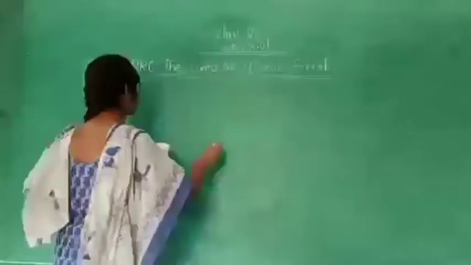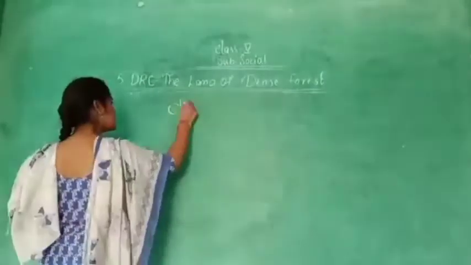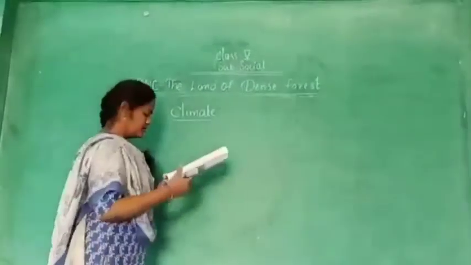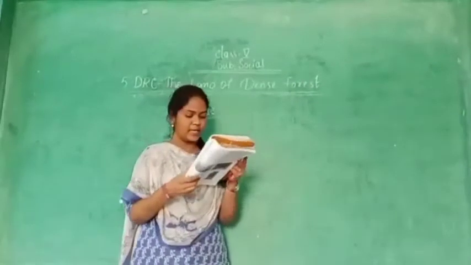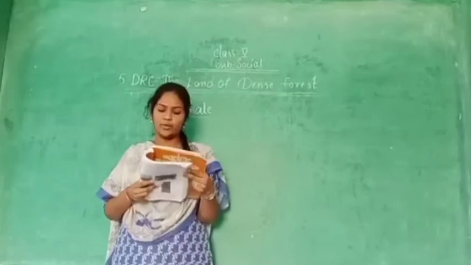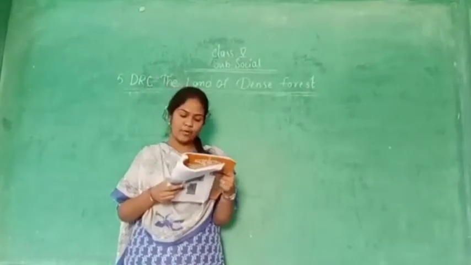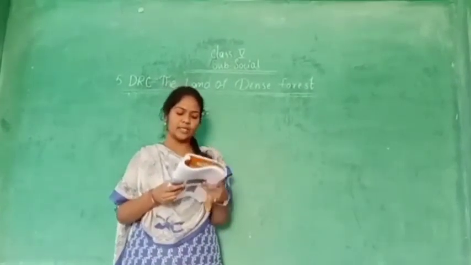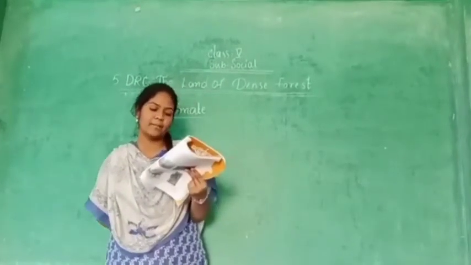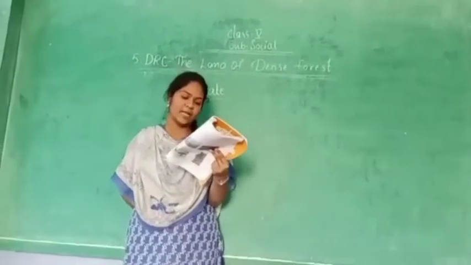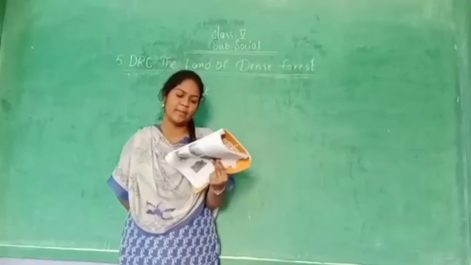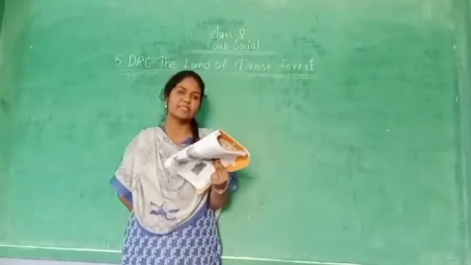Climate. Being near to the equator, the climate in most parts of the DRC is very hot throughout the year. The evaporation of water due to the high temperature during the day makes the humidity very high. This causes clouds to build up by the afternoon, and rain comes down at about 4 p.m. This happens almost every day, making the region one of the wettest in the world.